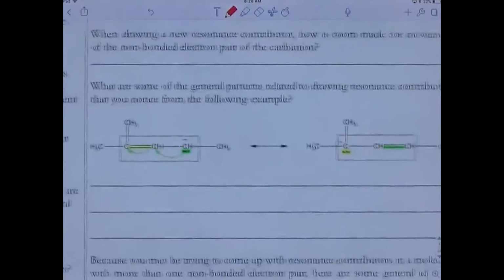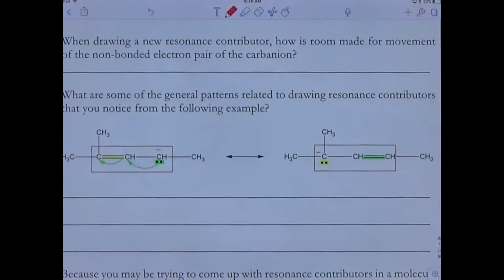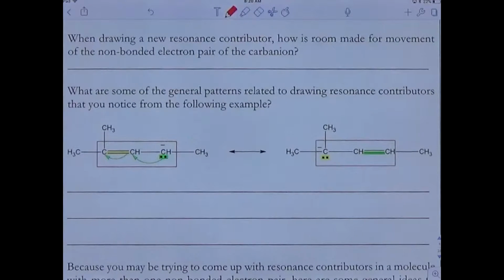Okay, and since resonance was an issue on the final, what patterns do you see here that will help keep you on track for drawing the resonance contributors correctly the next time? Single bond, double bond. Yep, you do box in the area. That will be helpful to make sure you're not going outside and resonating things that aren't allowed. Box in the area and